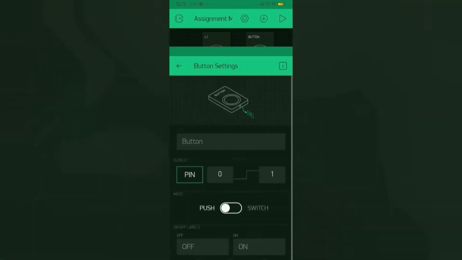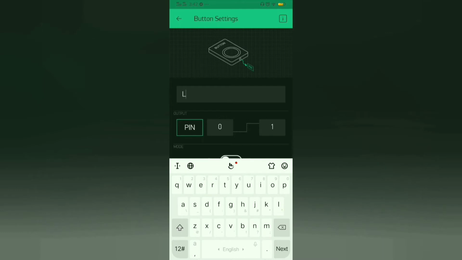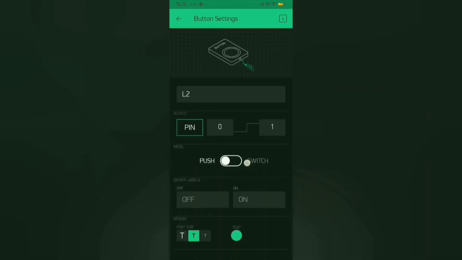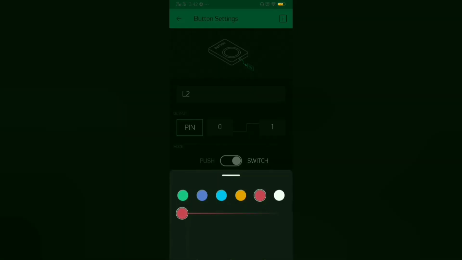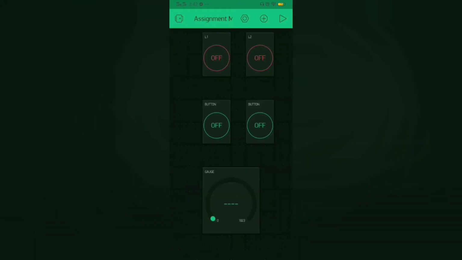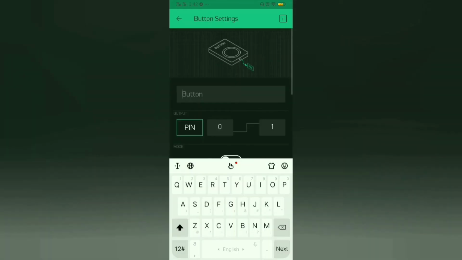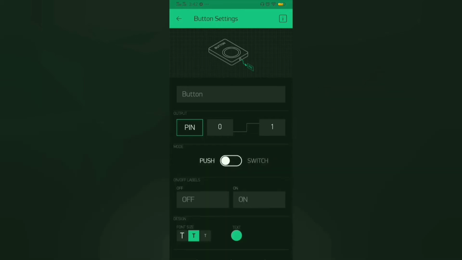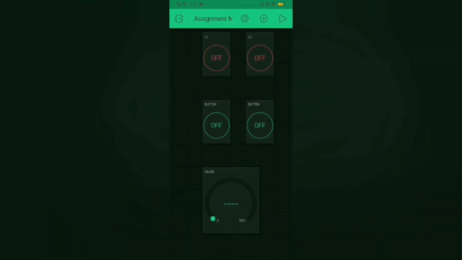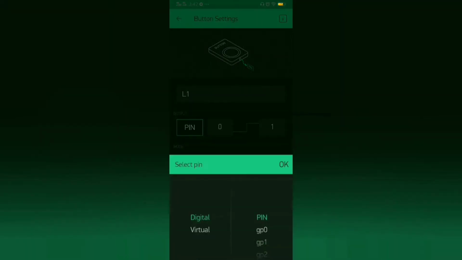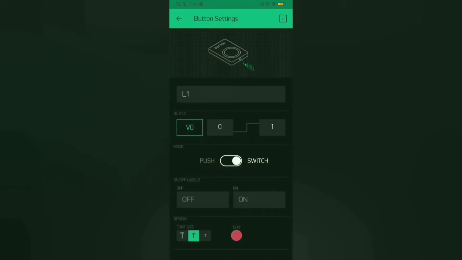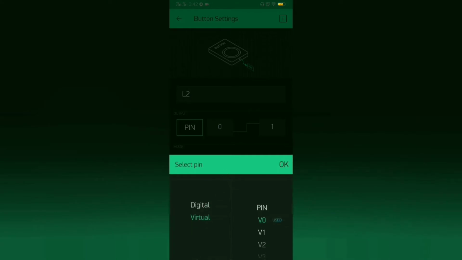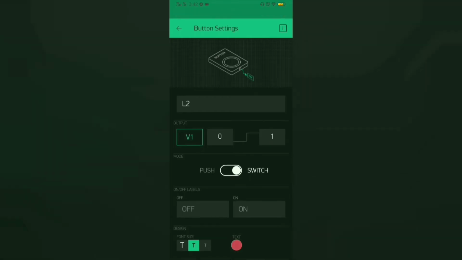Same goes for this L2 switch and the same color, because this is for the LED buttons. For the pin, go to virtual, so I set it up as virtual 0. And for the L2 pin, go to virtual, and I will set it up with virtual 1.